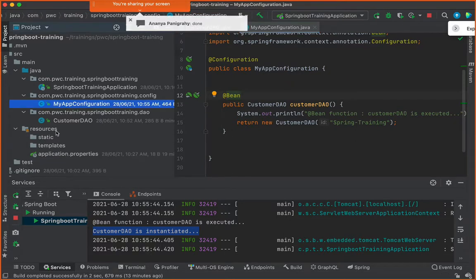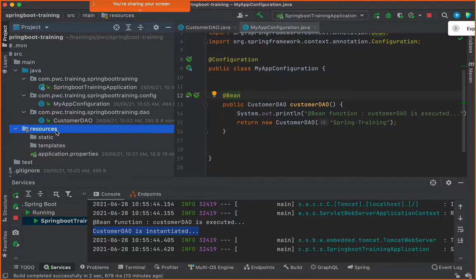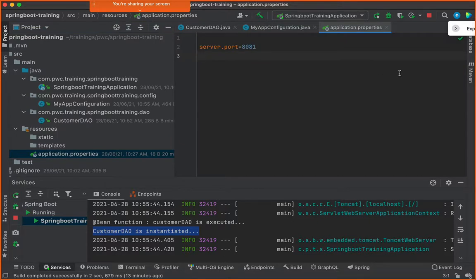You've got the resources package, and you have got something like application.properties. Now a lot of properties can be configured here which are very specific to Spring Boot, how Spring Boot behaves. For example, logging related, and then you will also configure some properties with respect to database and so on, right? You can configure loads of things with respect to the database.